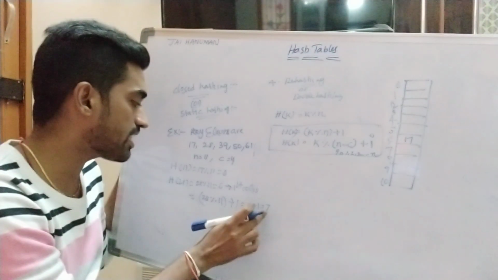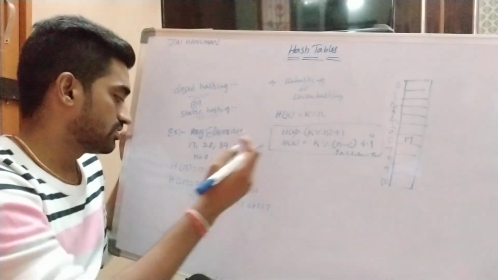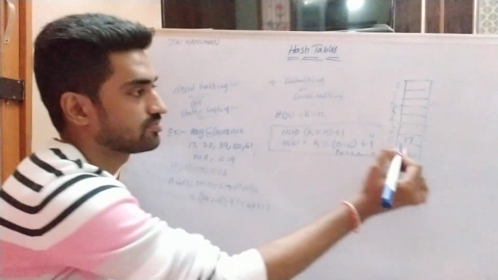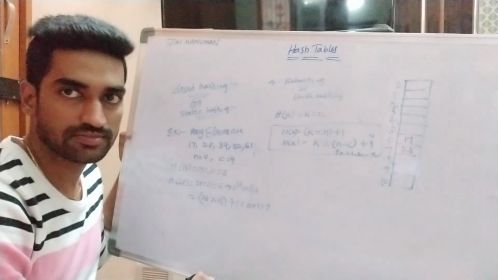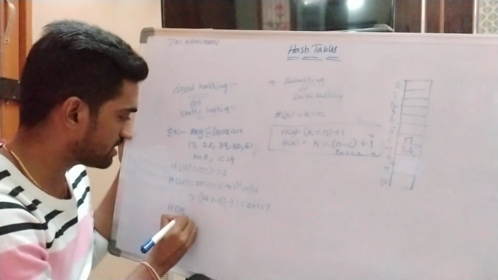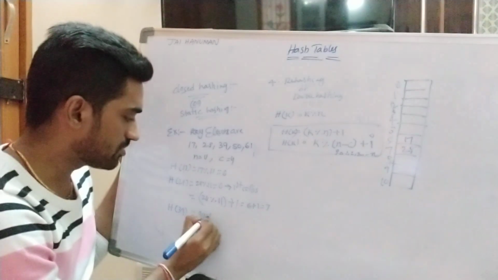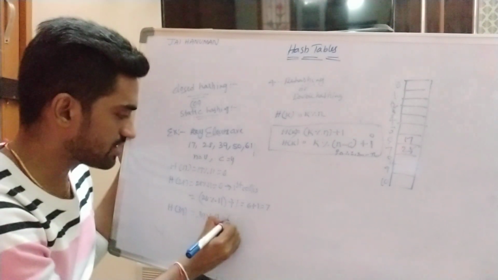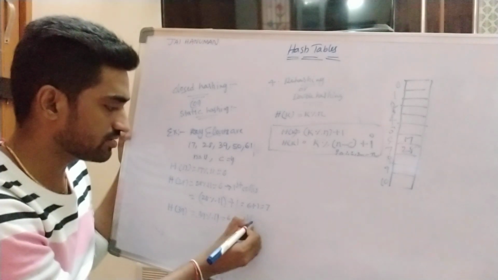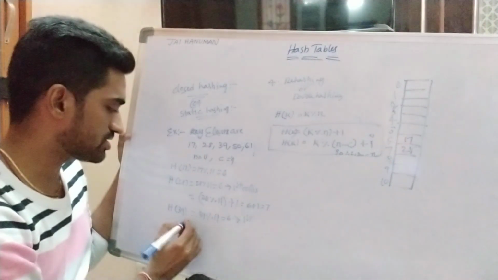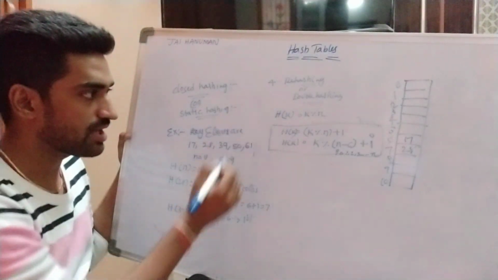So that's why directly added to the hash table at seventh position. 28. Right? So what is the next key value? H of 39. So 39 modulo division of 11. So 6. First collision is occurred. Why? Because 17 is placed at 6th position. So that's why we are applying double hashing mechanism.